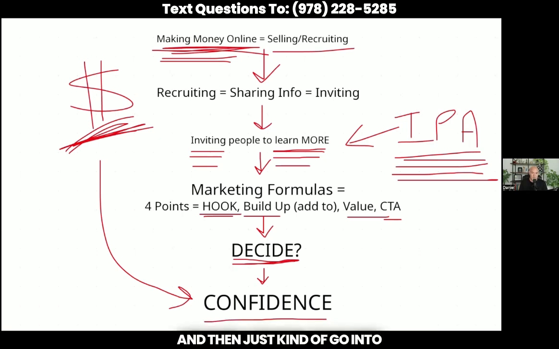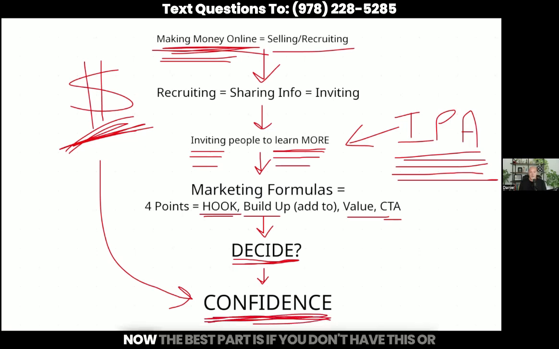And then just kind of go into the reverse effect, kind of reverse engineer this whole thing, start from the bottom up. The best part is, if you're leaning towards, well, I don't think I want to be salesy, I don't want to pitch to friends and family, or I don't want to, insert excuse here, you don't have to worry about any of that stuff. Okay. You don't have to worry about any of that stuff if you have this right here.